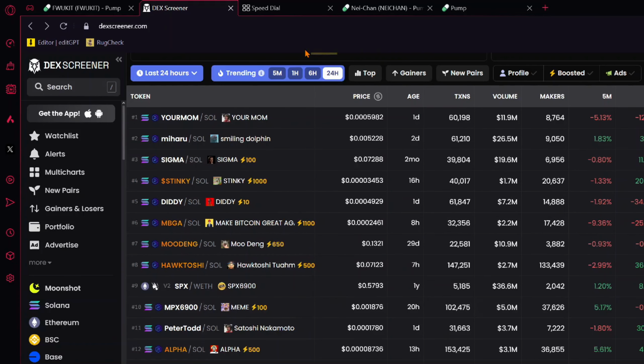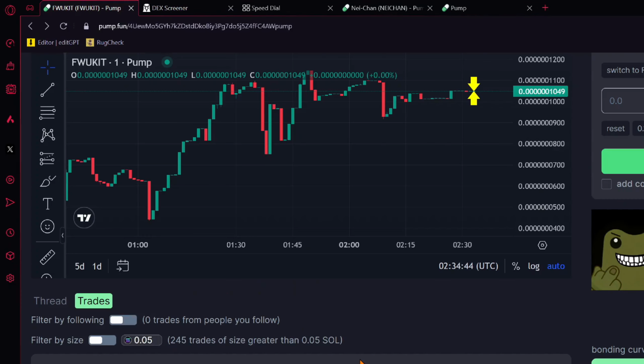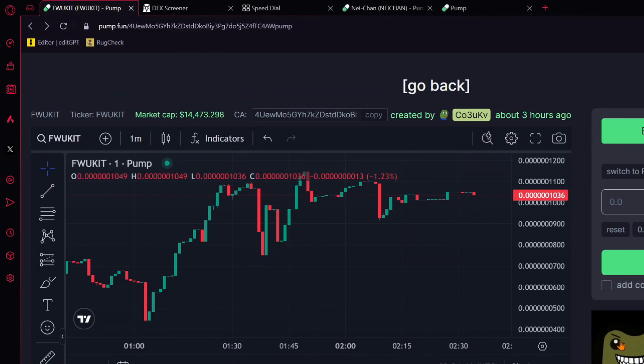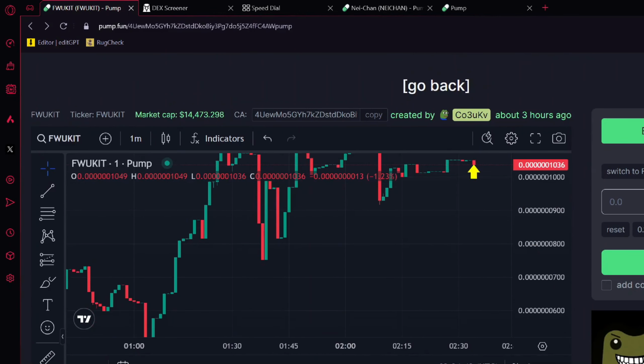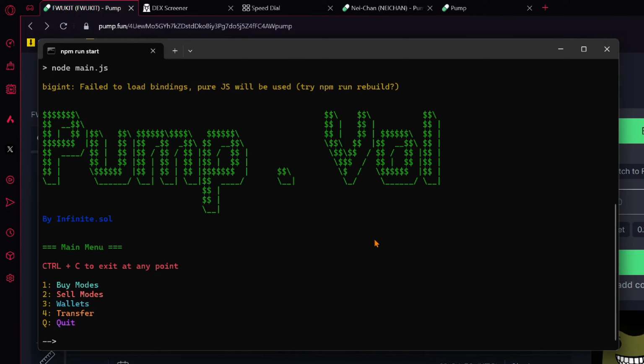All right. So now I'm gonna explain the difference between a good volume bot and a bad volume bot. A good volume bot, such as one of these, essentially allows you to trade from over 50 different wallets from a single wallet. So what this means is if I'm a developer of a project and I buy 80% of the supply with one wallet,